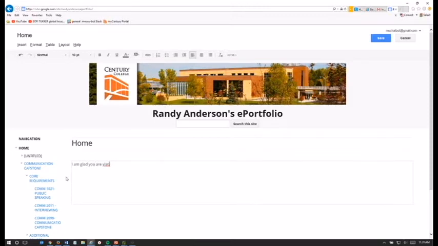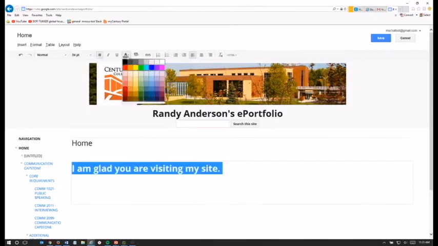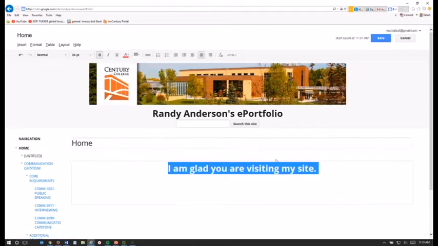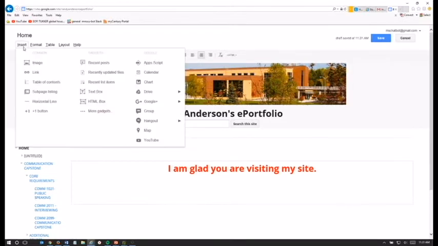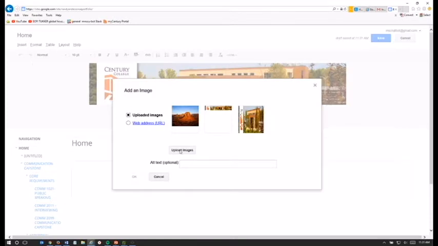So there's a spell check here, which is good for all of us. Highlighted it, change the font size, make it bold, change the color. If you want to, you could create a link, you can align it to the middle, you get the idea. I'm at the very end, I'm going to click on Return, which gets me down here. Next thing I want to click on is Insert, because you want to put a picture in here. Click on Image. I'm going to upload an image,